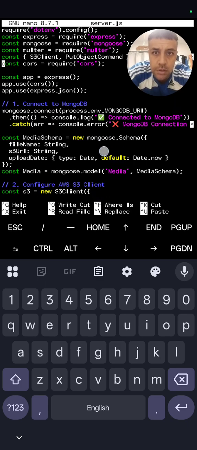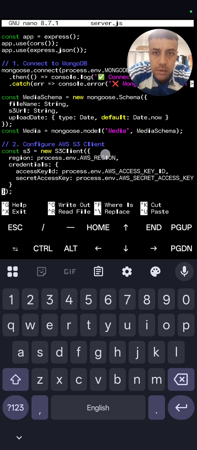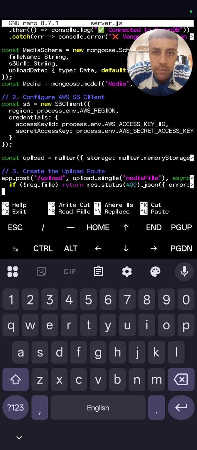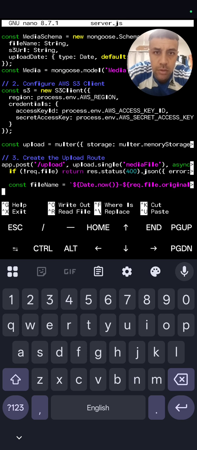I must have skipped it. We've got app.use(cors), app.use(express.json), and we're looking for app.get. We've got app.post, upload,